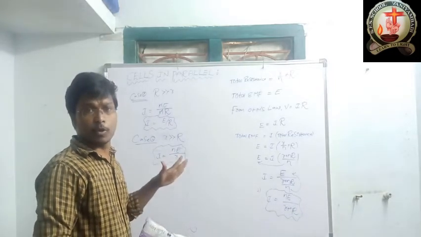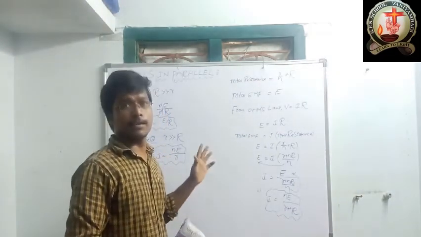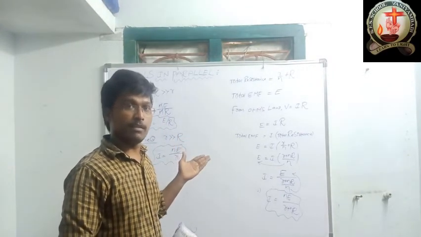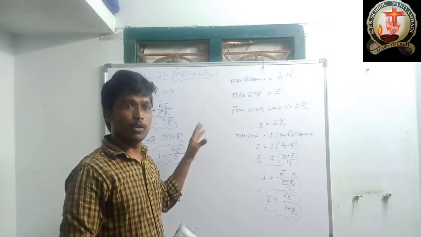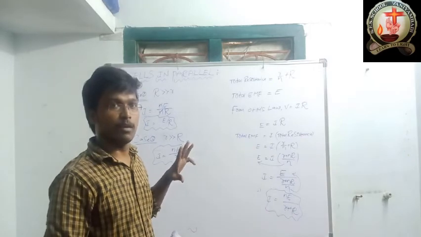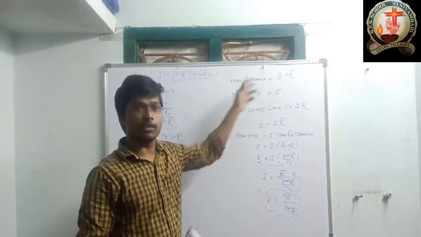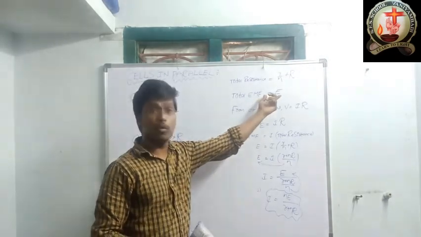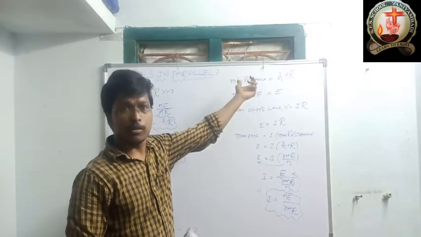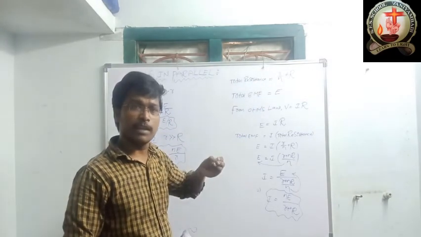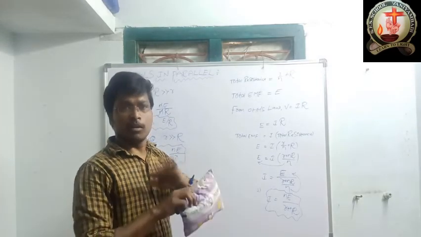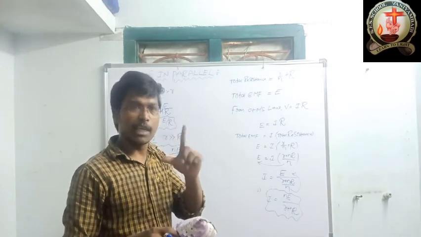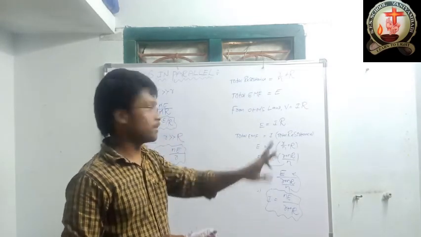What we did in the total procedure here: first of all, we considered N number of cells. Those N cells have an EMF and resistance, and the cells are arranged in a parallel format. After that, we found the total resistance of the circuit, and at the same time the total EMF of the circuit. Here I wrote total EMF like this because however many cells are connected in parallel, there is no need to consider the total number. We take only one cell's EMF, that is E. So total EMF is E.